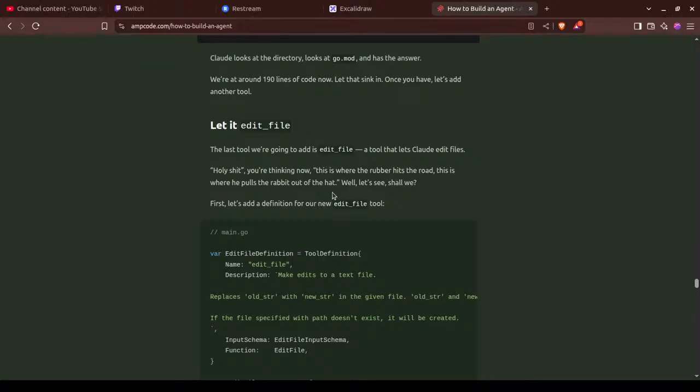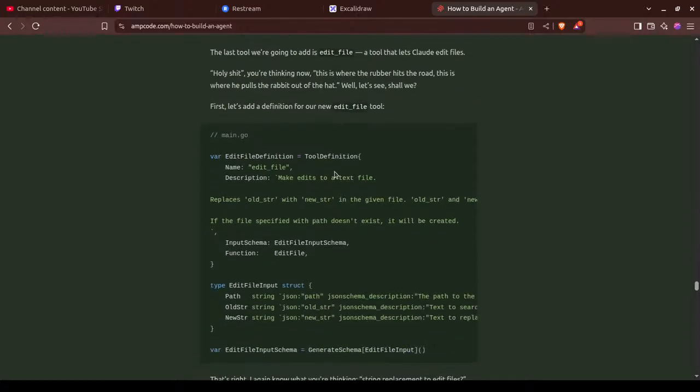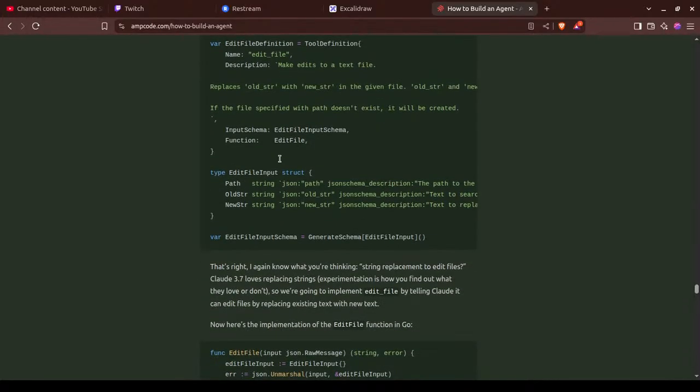Edit file, right? Tool that lets Claude edit position. So edit file will take in full string and make sense.